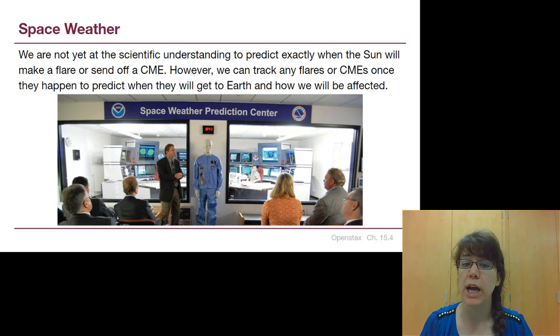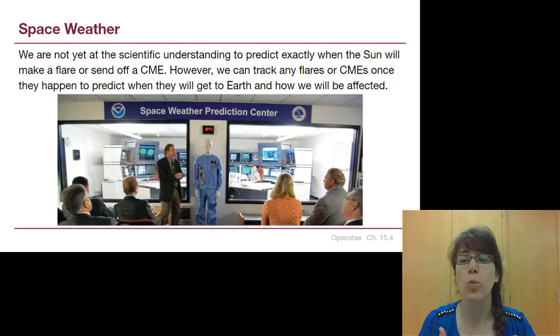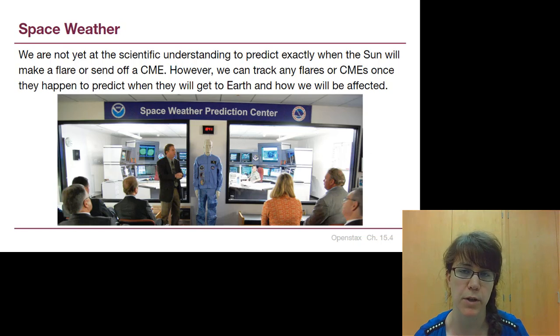However, we do have a dedicated group of scientists at the Space Weather Prediction Center, in the same part of our government structure as the Weather Channel, that once we see a flare or a CME, we can track them very well, and within a couple of hours know exactly when they're going to start affecting Earth's magnetic field and if they will be affecting Earth's magnetic field. The reason this matters is because if we don't have a forewarning, a lot of